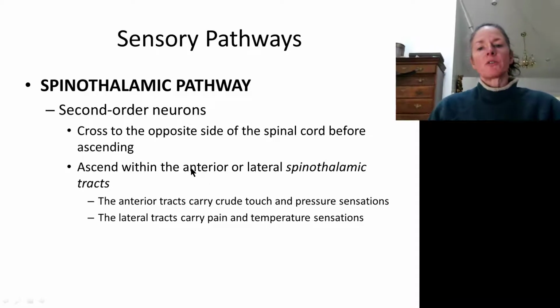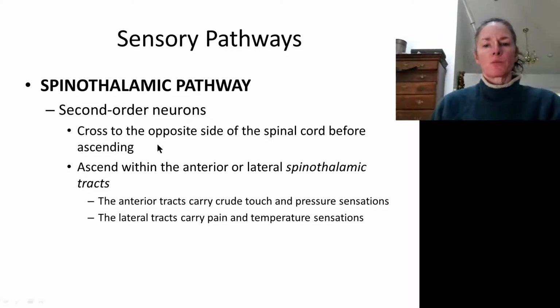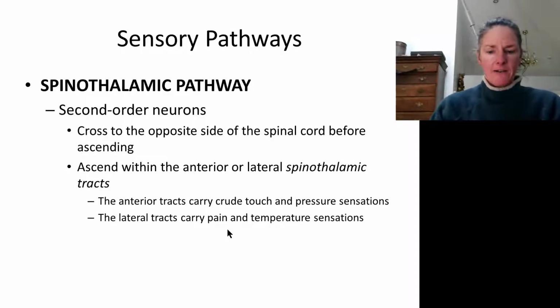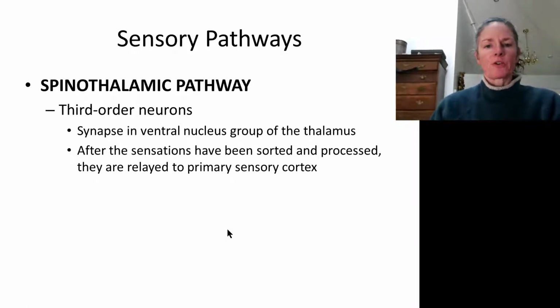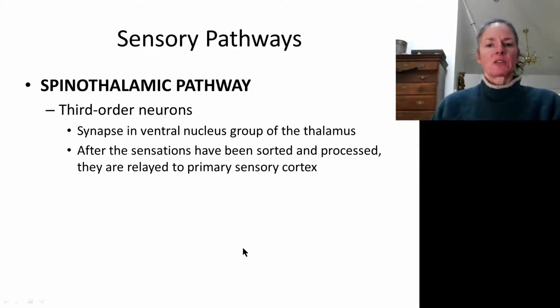So those second order neurons are going to rise up within the spinal cord. They're going to cross over. In most of them, they're going to rise up through the spinal cord, and then they are going to ascend through the spinothalamic tract, and they will then ascend to the thalamus, the ventral nuclei of the thalamus. The third order neurons basically are going to be from the thalamus and will relay the sensations up to the